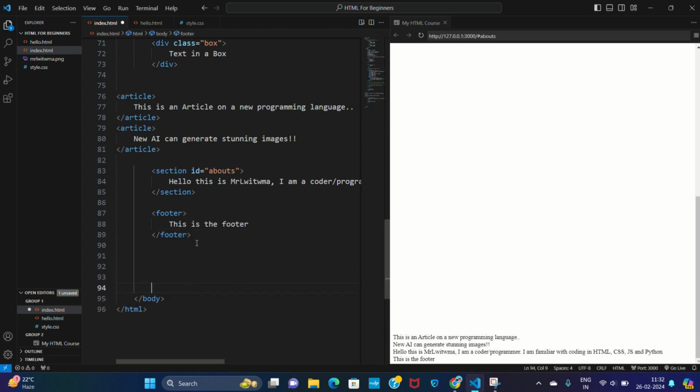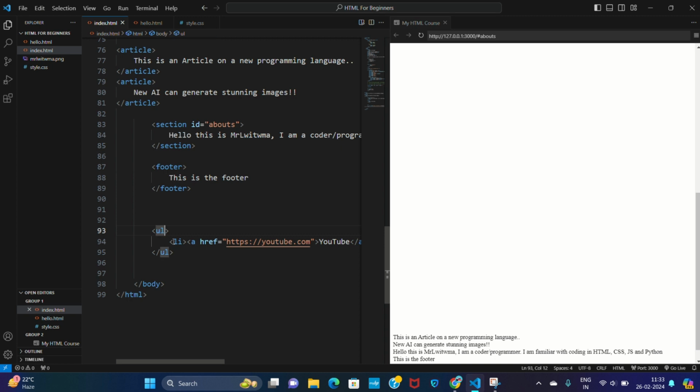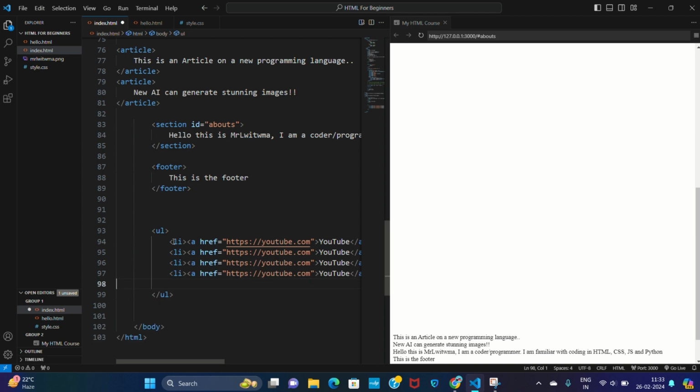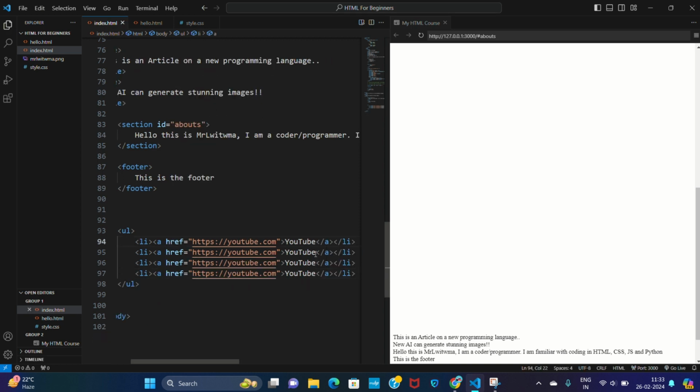Then here, we make an unordered list item. And here we make an anchor tag, and here YouTube and https, like that. Then use paste, change the name,